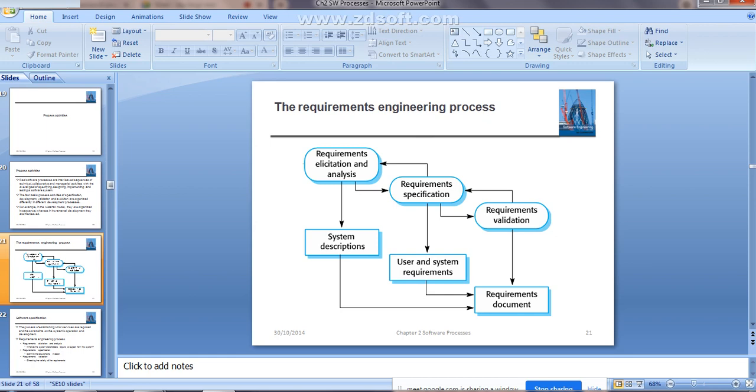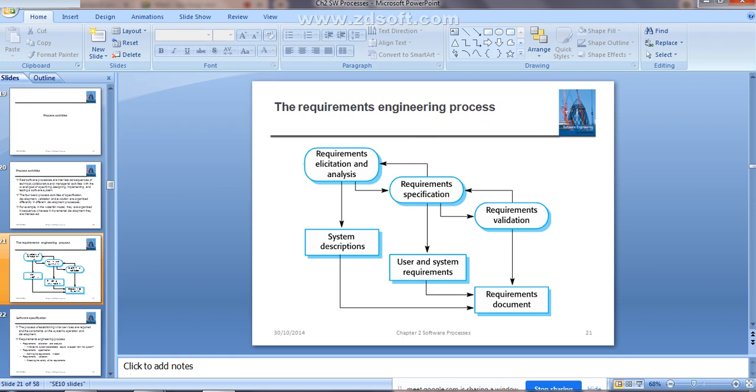This particular phase or activity includes the development of one or more system models or prototypes, so that it will help you to understand the system for what it is specified. That is the system description, which gives the system models. And after that, requirement specification. Now the information you have gathered in this analysis phase, you are translating into a document. That document is going to contain the set of requirements. That means it defines the user and the system requirements.